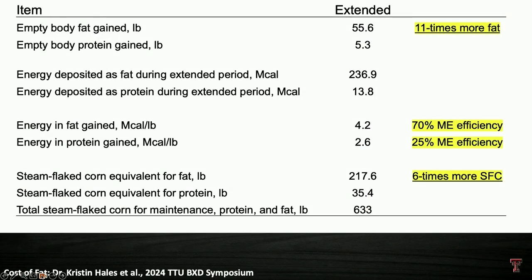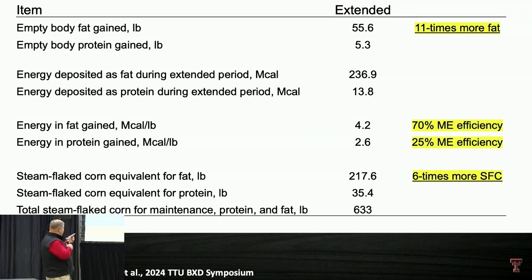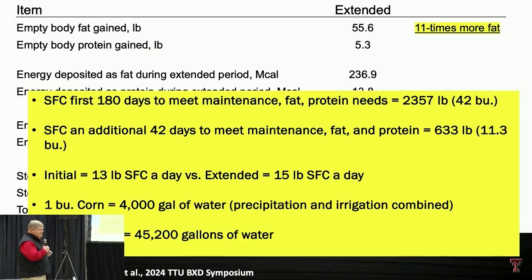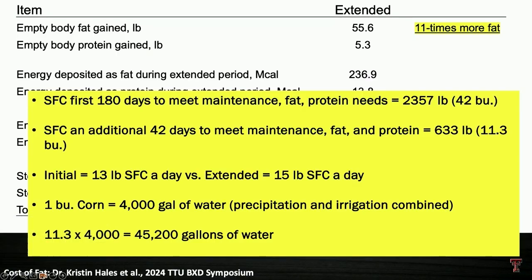Well, that may all be gibberish to you, but the long and short of it is in that extended feeding period, we produced 11 times more fat than we produced protein or lean in 42 days. So the fat gain was 11 times the lean gain in 42 days. Let that sit for a minute, right? So the idea is we are at lower efficiencies,